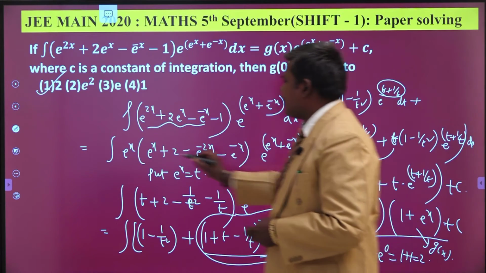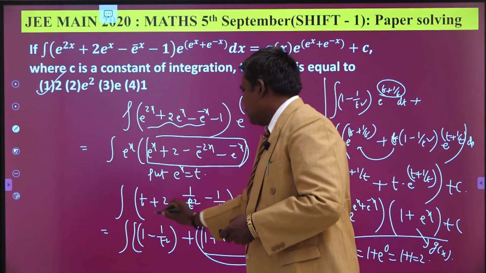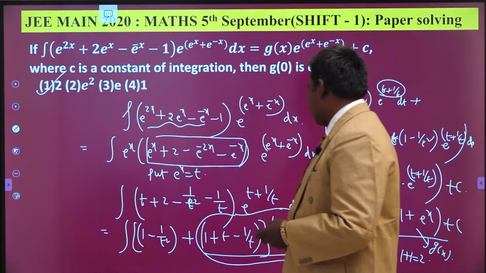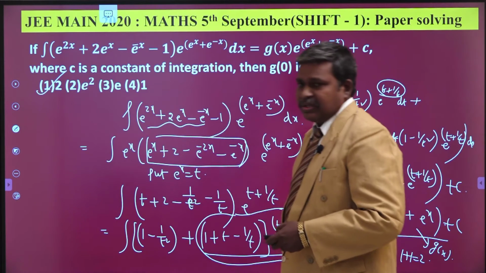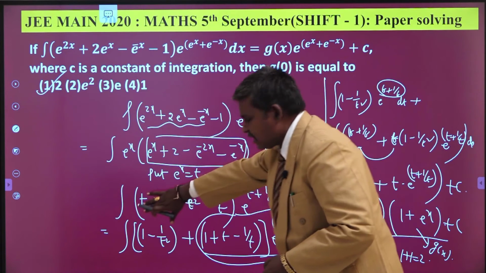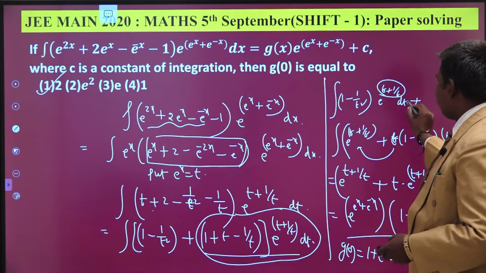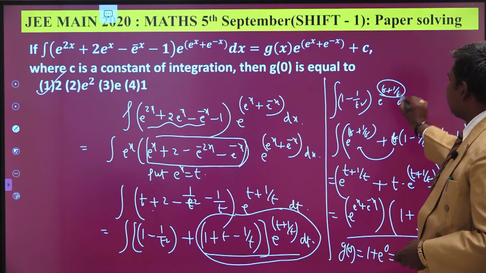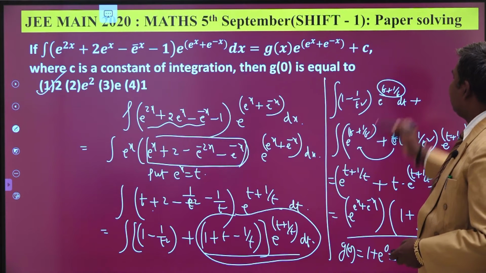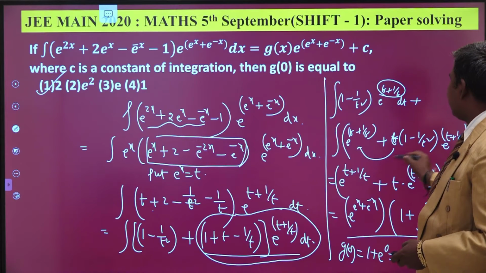So you have to take e power x common first of all and break this up into two parts, like t into 1 minus 1 by t square as one part and 1 plus t minus 1 by t as another part. Take e power t plus 1 by t into the bracket and you have to apply the two formulas here and here also. This is of the form what now? e power x into f dash x, because you take t plus 1 by t as some p, 1 minus 1 by t square becomes dp. So integral e power p dp is nothing but itself, e power t plus 1 by t arises here.